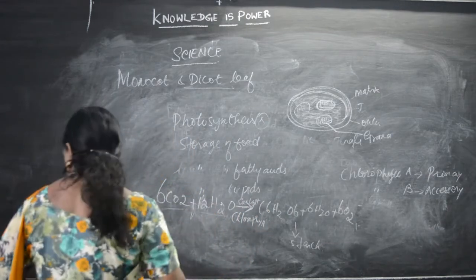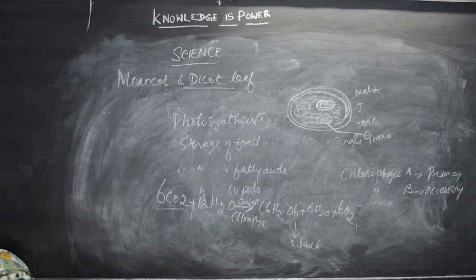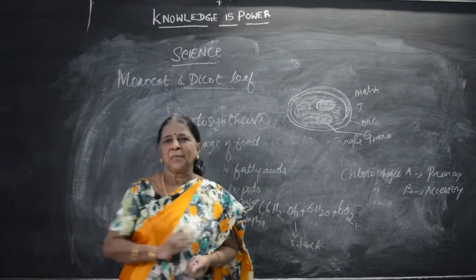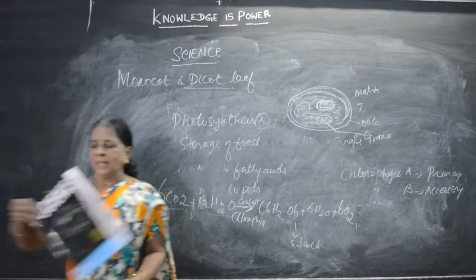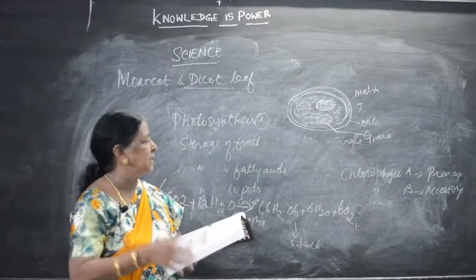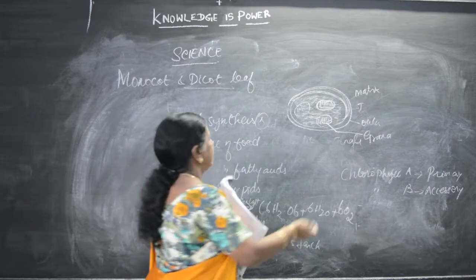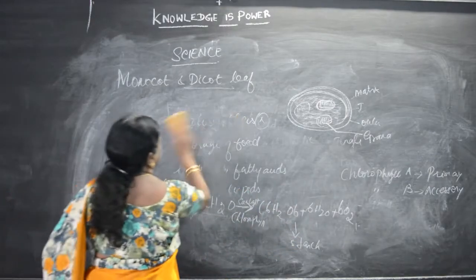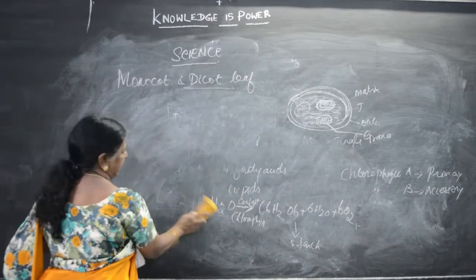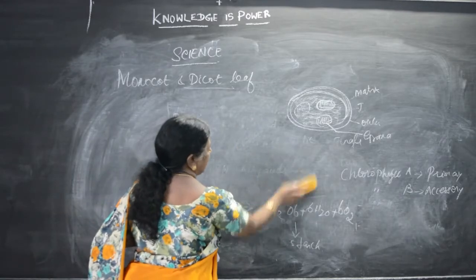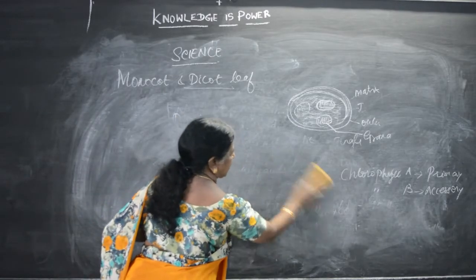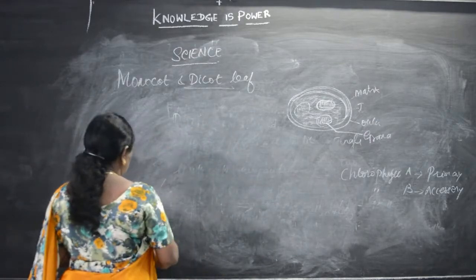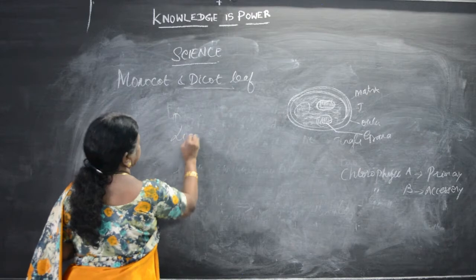This photosynthesis depends on factors that may be further divided into light reaction and dark reaction. The photosynthesis occurs not only during sunlight, but even in the absence of sunlight, because this is an important event of the plant. It has to continue for a long time. So this can be further divided into light dependent reaction,